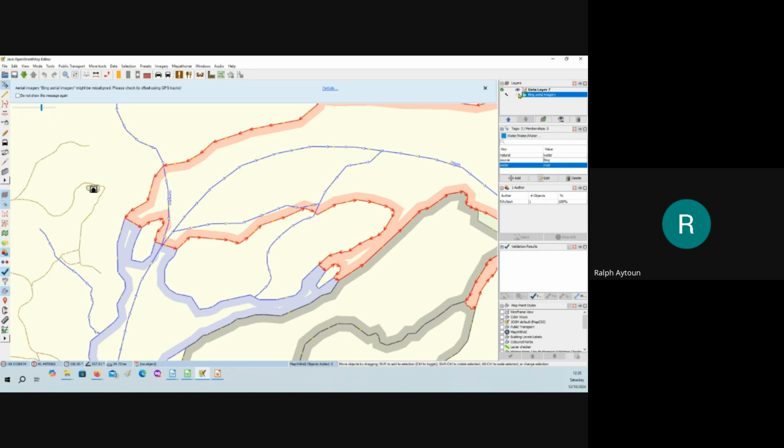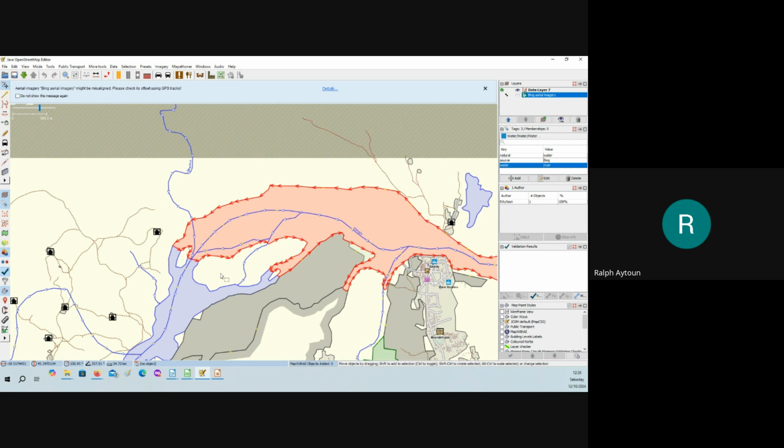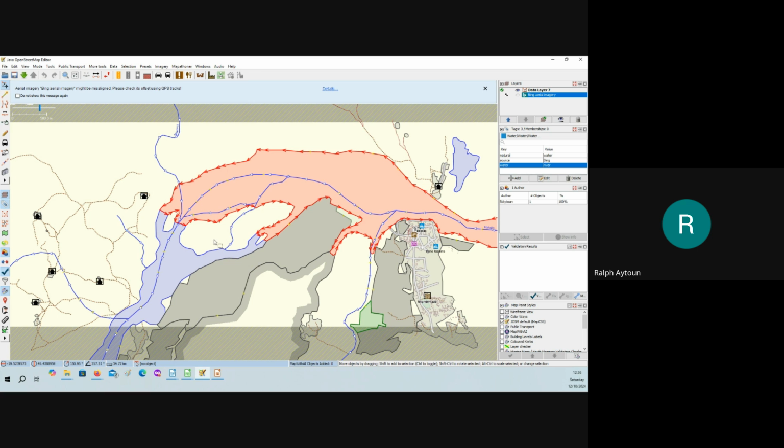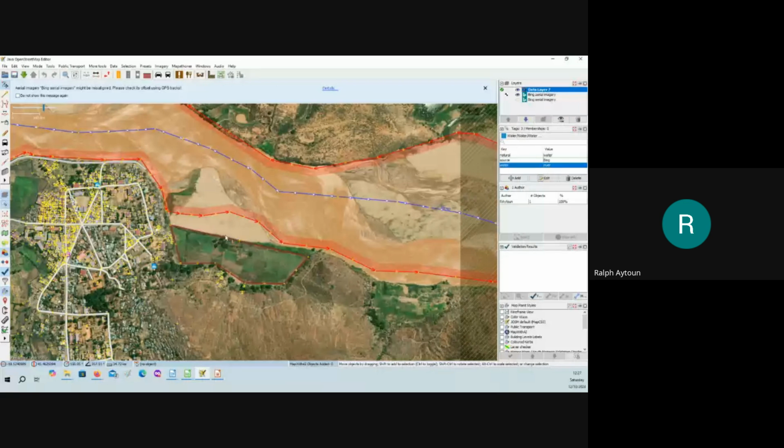Let's just see. They've created these holes in the river so that it doesn't fill up with water. But that's incorrect, because what they have done now is, while they've created holes, they haven't identified those holes. That does not automatically become a place islet. And that is not very good mapping. Okay.